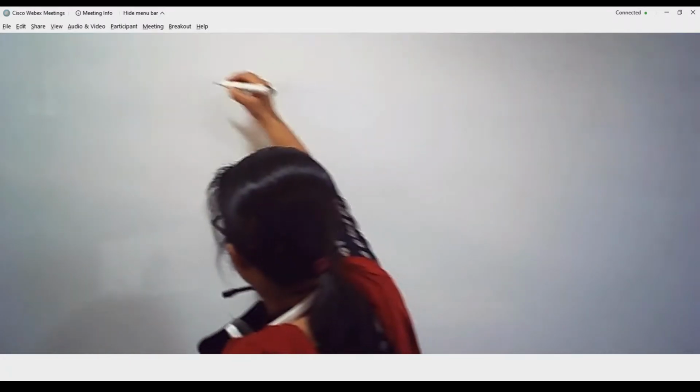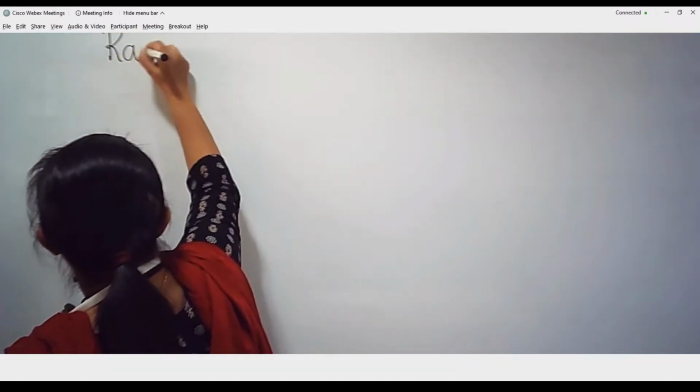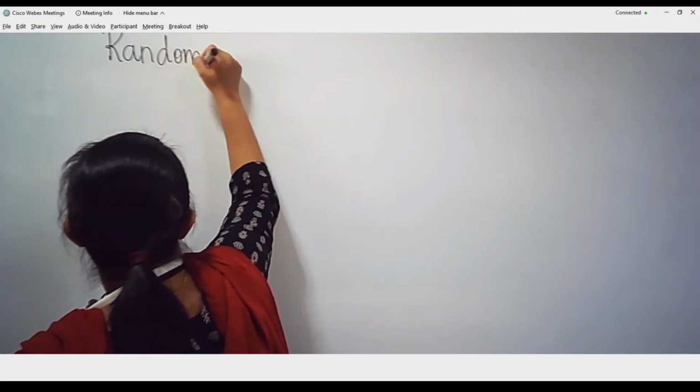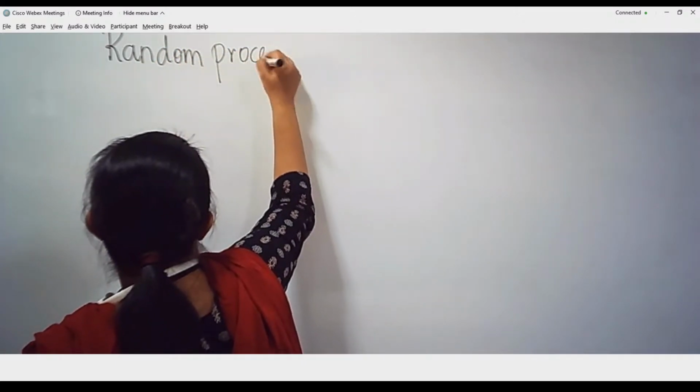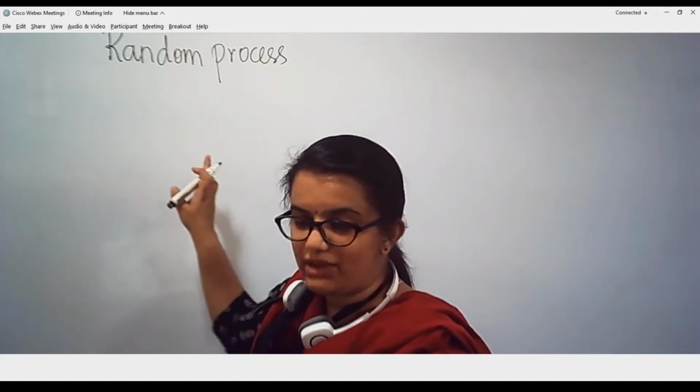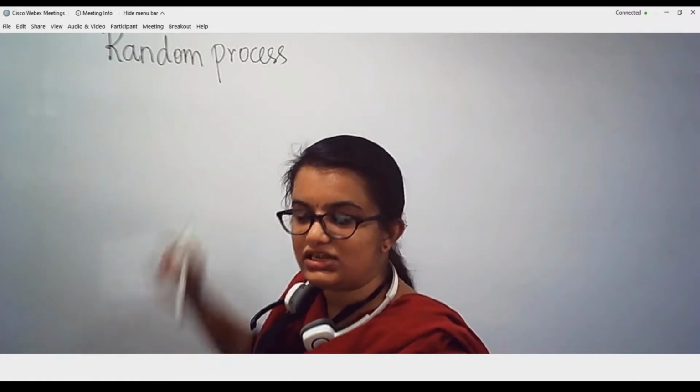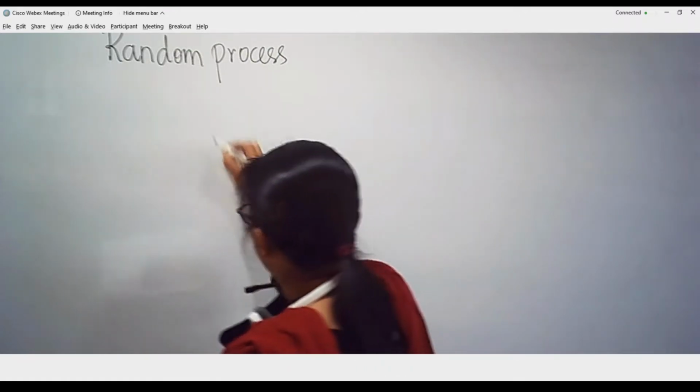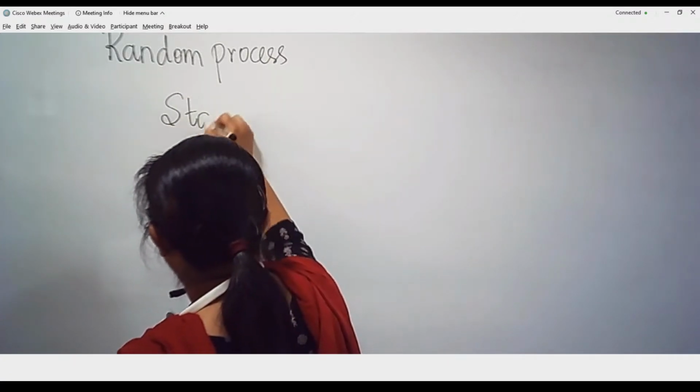So whatever letter is generated is a random process, and the appearance of one alphabet after the other can be modeled using a statistical model